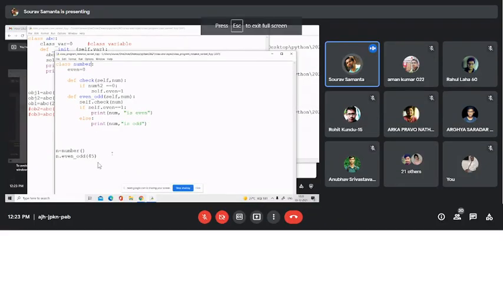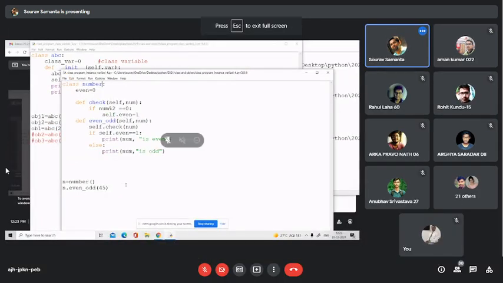Now, what will we do? The first function is def check(self, num). I will check whether it is an even number or not. If it is an even number, then we will modify the value, and it will be set from the default value to 1.